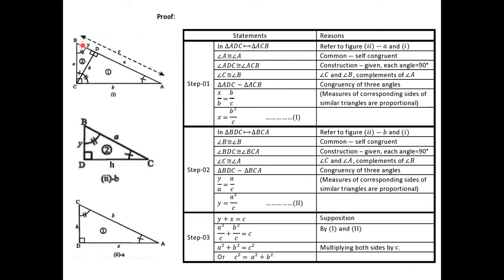These are also congruent because if two angles of any two triangles are congruent, then the corresponding third angle is also congruent, and the other reason is complement of A. These both are complement of A. Now if all three angles of two triangles are congruent, such triangles are called similar triangles. And in similar triangles, the corresponding sides are proportional. Proportional means they can be written in the form of ratios or fractions.